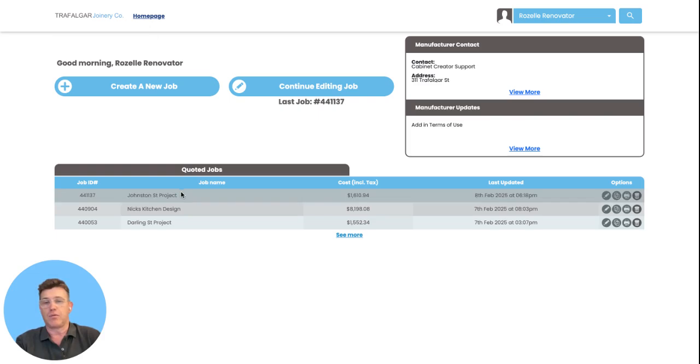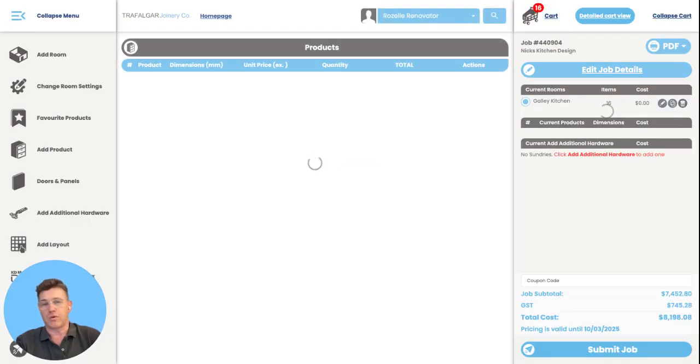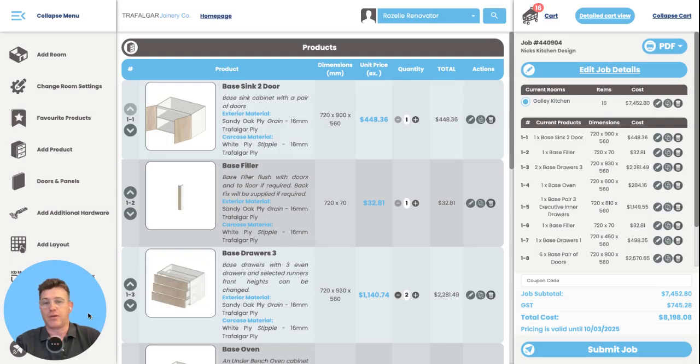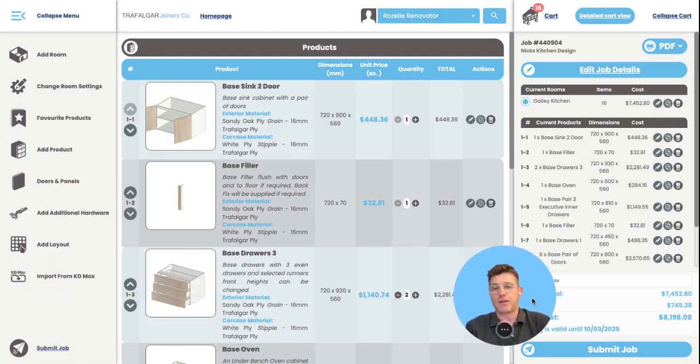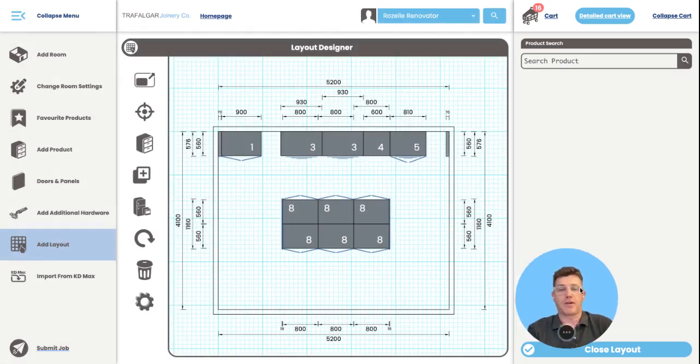And obviously, we will work back through the jobs now, and we'll have a look at Nick's Kitchen's design. We'll have a look at this job because there's quite a detailed amount of cabinetry in this project, and I'll give you some idea about how you should and how you can use the system. So when we're looking at our shopping cart view, it provides a lot of detail, but we want to go back to our add layout button and back to our design